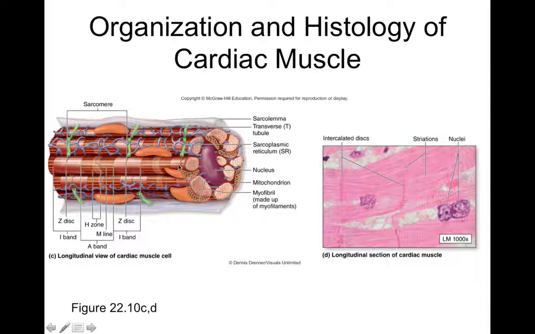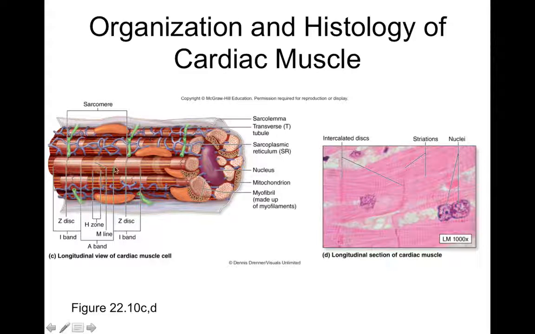So we still have myofibrils, and the myofibrils were basically the big old bundles of protein filaments with the thick and thin filaments, and the aggregation of those thick and thin filaments from Z disc to Z disc was called a sarcomere. Okay, so we have one sarcomere, and what we find then is that these myofibrils have lots of sarcomeres that help produce contraction, or sort of a shortening of that muscle cell, which helps squeeze on the heart chambers and produce pressure that helps for blood to